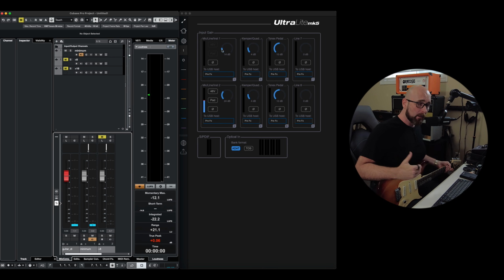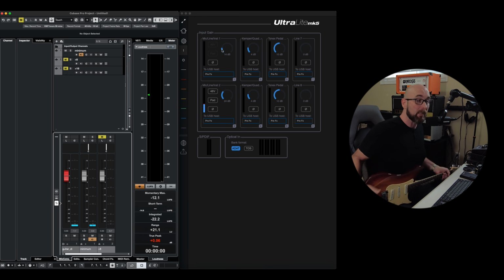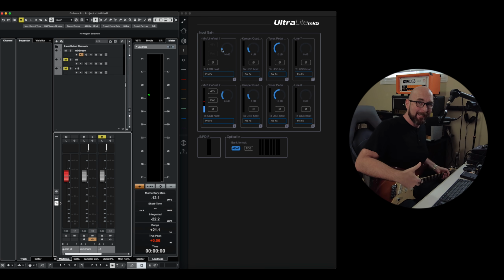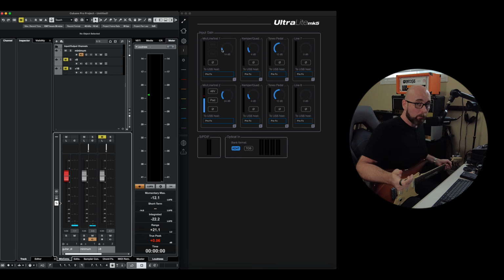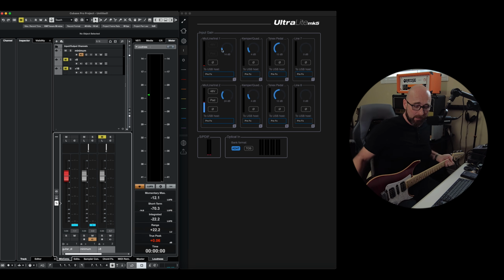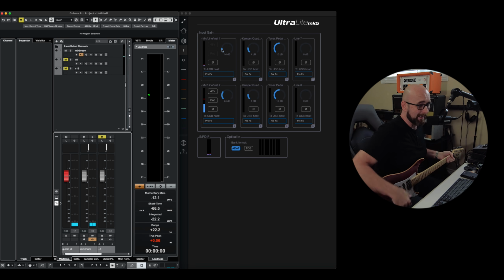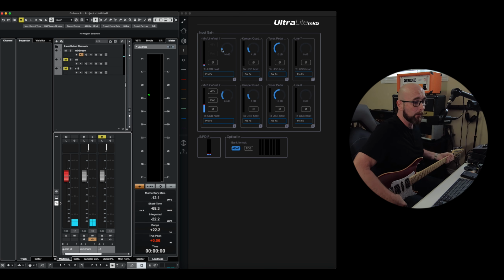So now what we've done is we've basically turned this into having a max input level of 5 dBu instead of the 19 that we started off with. Now, what's the problem with this? Well, I'll show you what the problem is. I'm going to keep it set there, and I'm going to grab a guitar that I know has a higher output. So now I have my Vigier Excalibur. This has a DiMarzio tone zone pickup in the bridge. So now what happens is, as soon as we come in here and we play with this plus 14 setting,